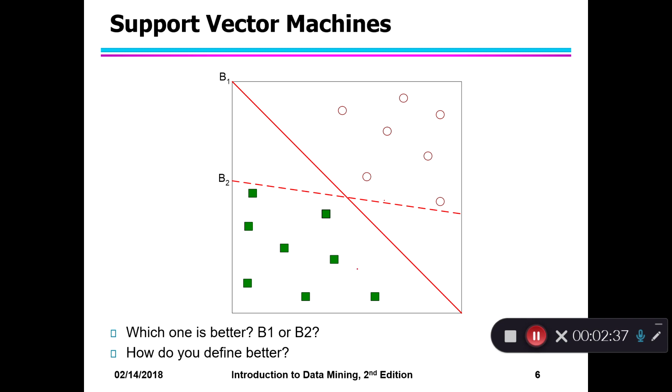To separate these two classes of data points, we can draw n hyperplanes between them. But our objective here is to find the hyperplane with the maximum margin. The best hyperplane is the one which has the maximum margin between the support vector points and the hyperplane. So among these B1 and B2 hyperplanes, we have to choose which one is the best.